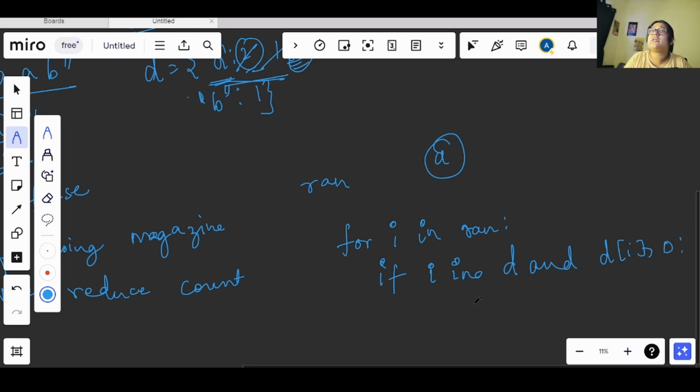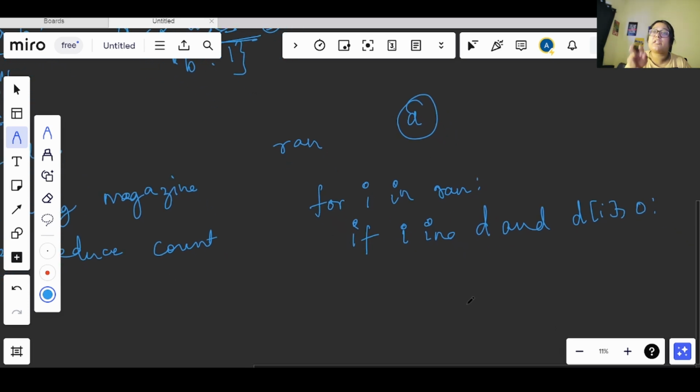So in that condition we will reduce that value by 1, because we found one value. So D of I minus equals 1. D of I will help me fetch the value. According to this, what value will I get? I will get 2 for the first time. I will reduce that by 1, and D of I will become 1 after that, right?